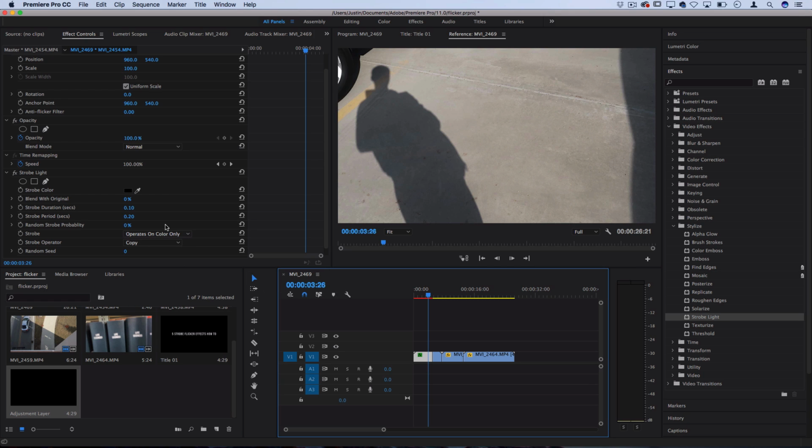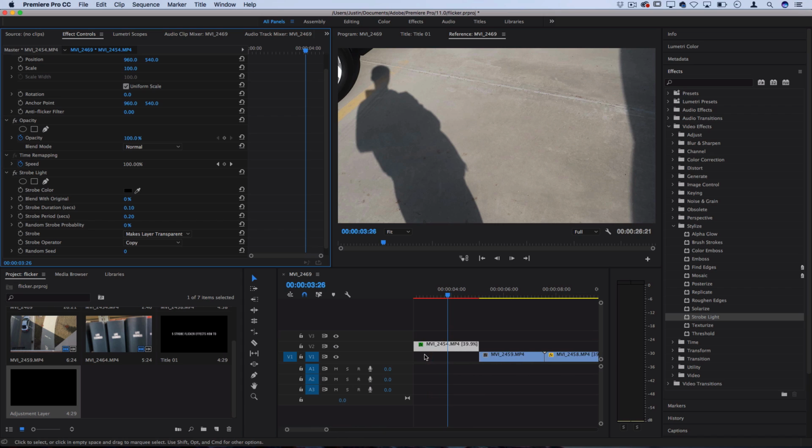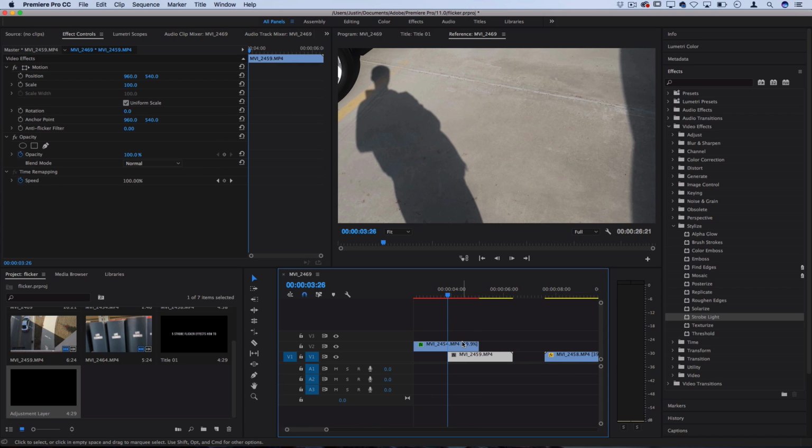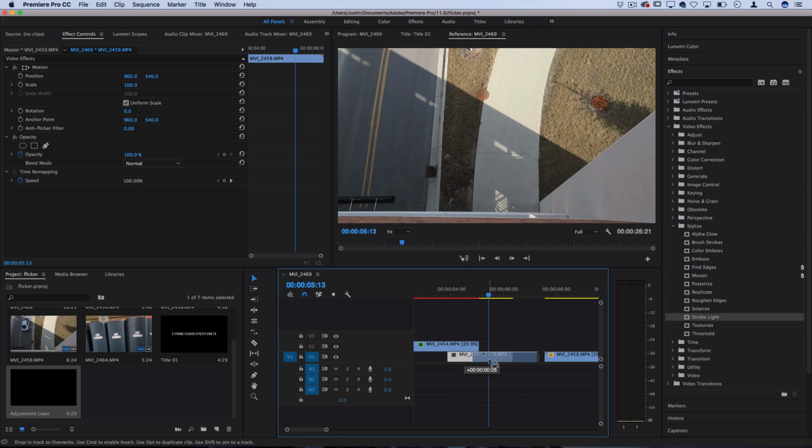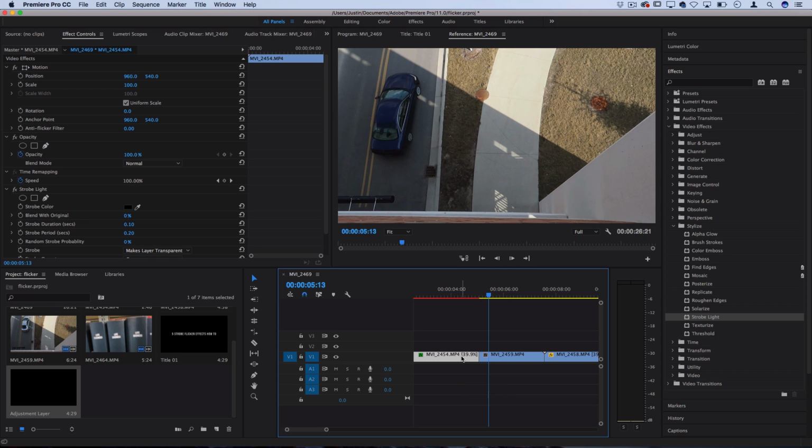So that's the black strobe, and of course if we made that transparent, make layer transparent instead of using a color with that same flickering speed, if we were to overlap 2 clips, so the strobed one on top of another, then you have the flickering between 2 clips, so those are 2 ways. But you've probably seen me mention those in previous videos, so let's get into the third effect, which is a